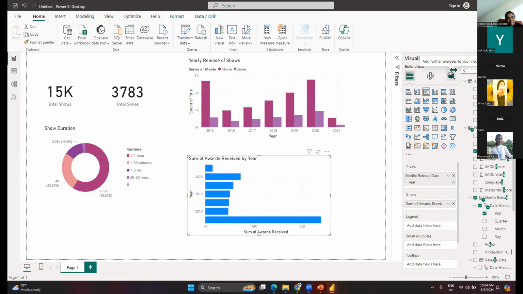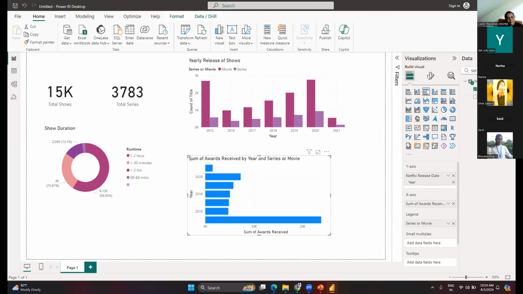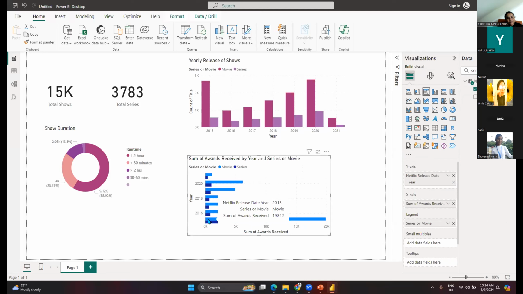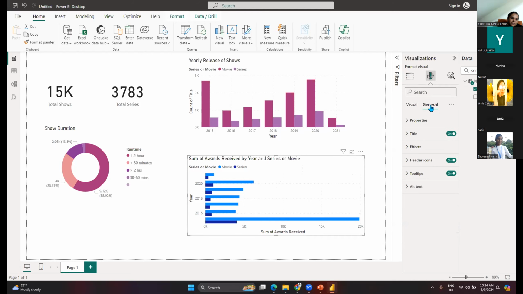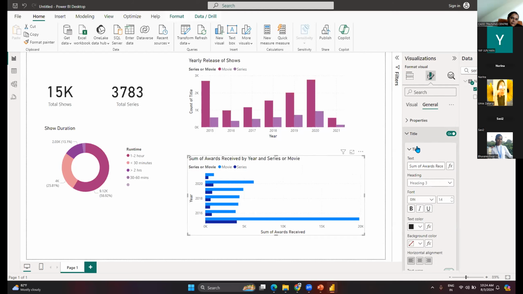In the legend, I'm going to use the series or movies. So now I am able to see the year 2015 as the highest number of movies that got awarded. So this is another type of chart. I'm going to change the title of the chart. So go to the format visual, go to general, then in the title, change the title to